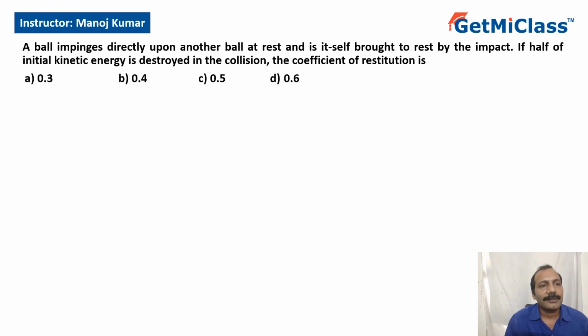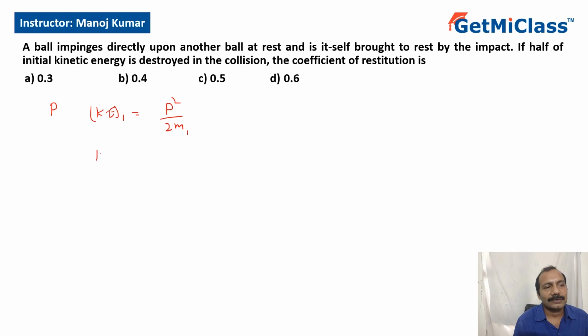One thing that we know is momentum is conserved. In the first case, momentum is possessed by only the first ball. In the second case, momentum is possessed by the second ball. And the magnitude of momentum before collision is equal to the magnitude of momentum after collision. Let P be the momentum. Then kinetic energy before collision, I'll say KE1, equals P square by 2m1, because only m1 has momentum or